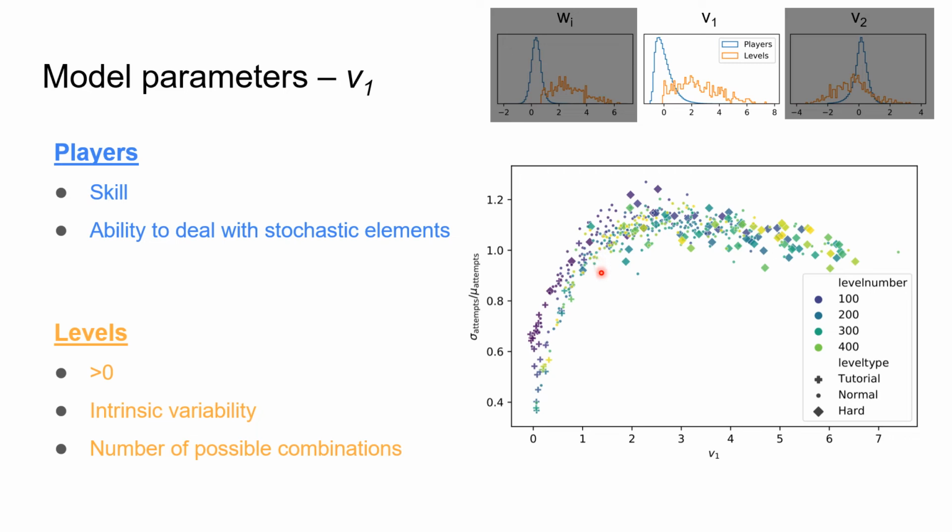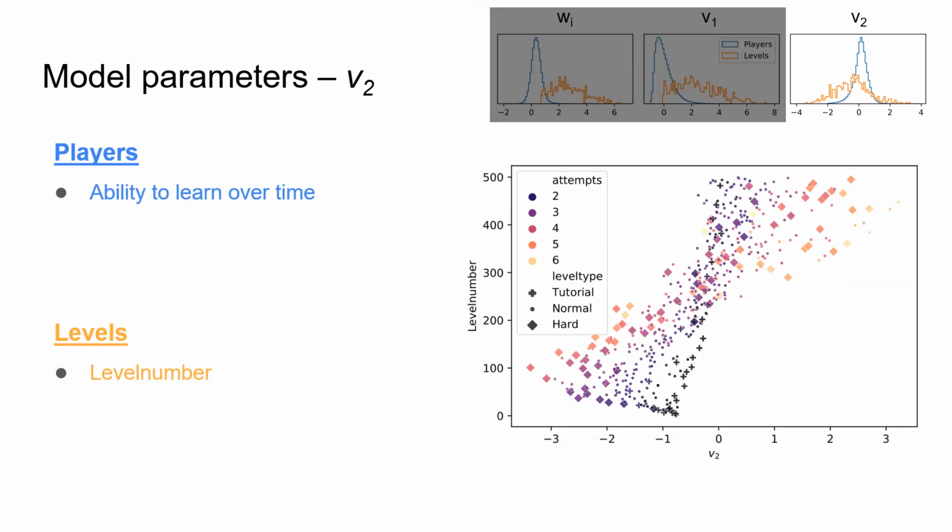Common to many tutorials in the game is that they are deterministic and use specific random seeds to ensure similar experiences. For the players, the latent factor instead captures some kind of skill or their ability to deal with stochastic elements. The larger the absolute value of the latent factor is, the more susceptible they are to random elements of the game. The sign then indicates whether it increases or decreases the number of expected attempts they will use.